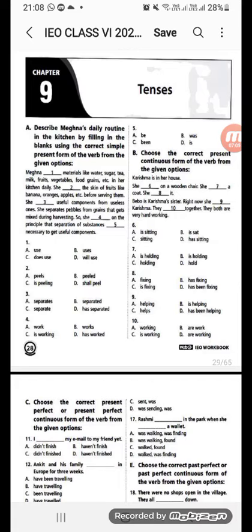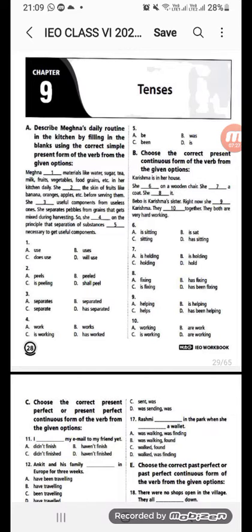Will was used for subjects in the second and third person. Now, will is used with all the subjects. Now, as we have done the discussion on the tenses, now let us start doing its exercises. So, in the first exercise,